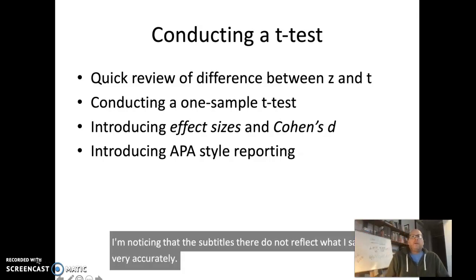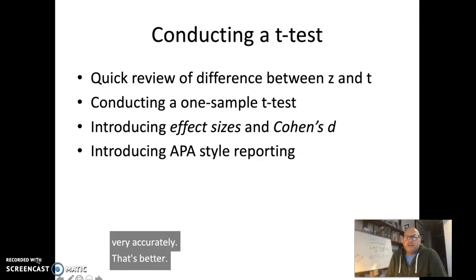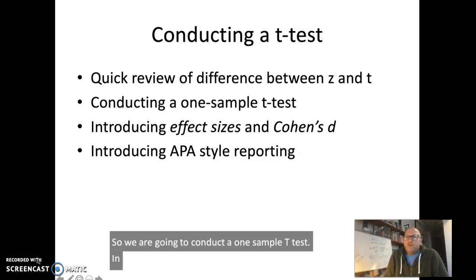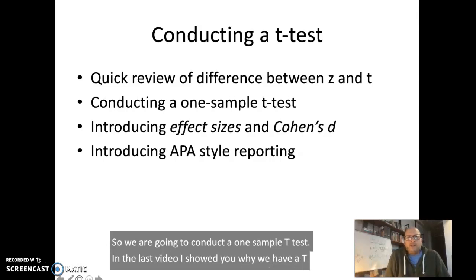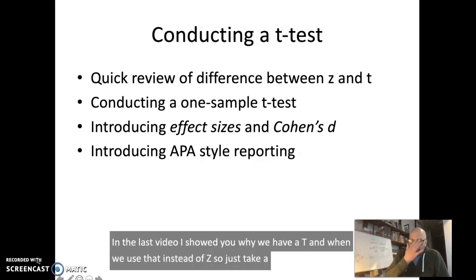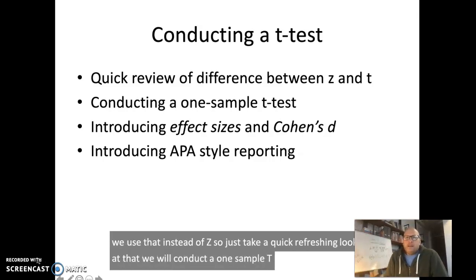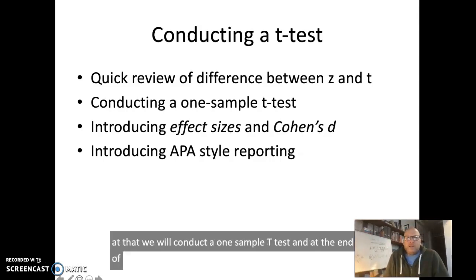That's better. So we are going to conduct a one-sample t-test. In the last video I showed you why we have a t and when we use that instead of a z, so just take a quick refreshing look at that. We will conduct a one-sample t-test, and at the end of that, I want to introduce the concept of an